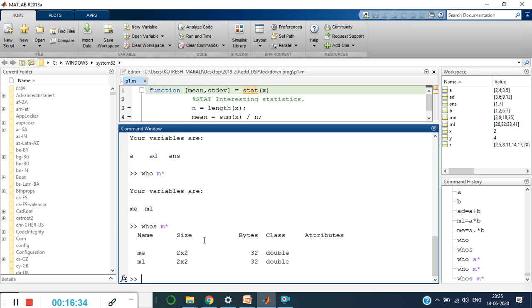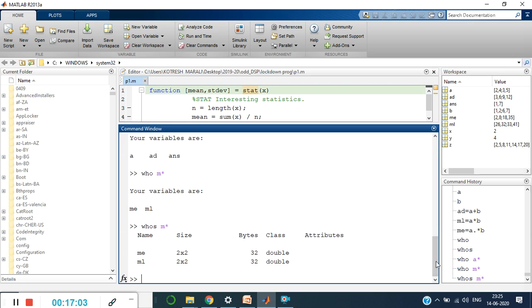This is an interesting point in MATLAB where you can find the variables that you have used by using the who command, and who followed by a letter and star will give you all the variables that start with that letter, and whos will give you the variables and the equivalent size of the matrix. I hope you enjoyed this session.